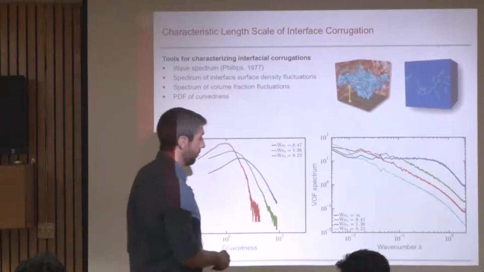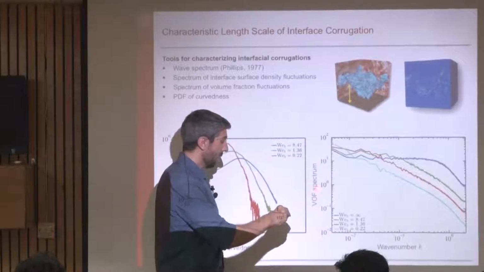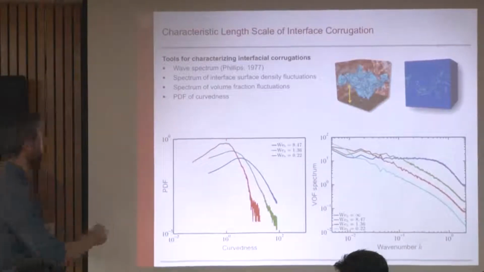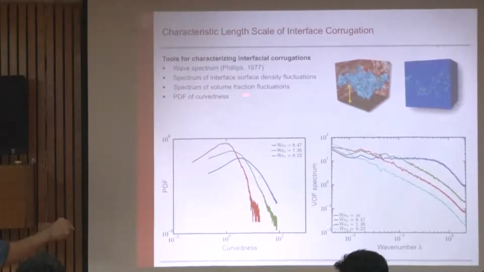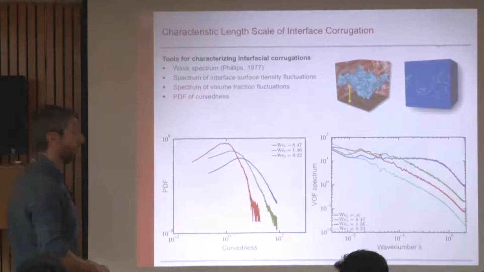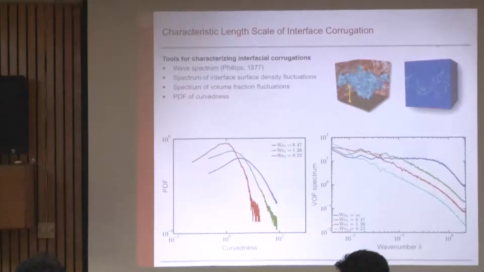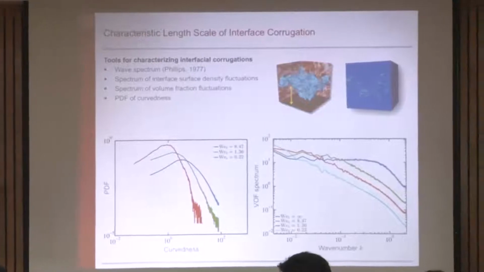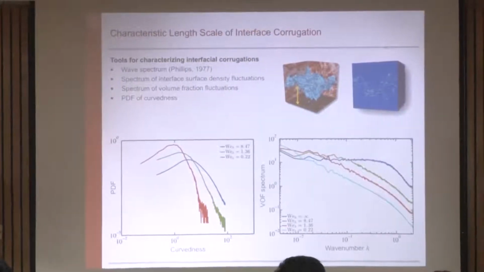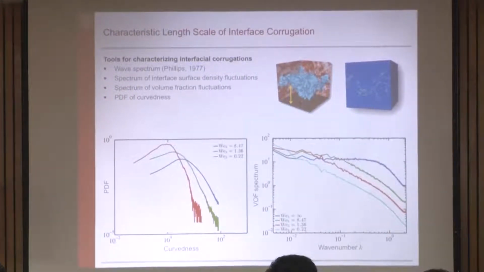And what we find is that our volume, well, in fact, this is not what I'm plotting, I'm sorry. The other thing we're looking at is just the spectrum of the volume of fluid fluctuations. We take our volume of fluid field. It is a fluctuating quantity. We just ask ourselves, in a standard turbulence analysis way, what is the spectrum of those turbulent fluctuations in volume fraction? And we find